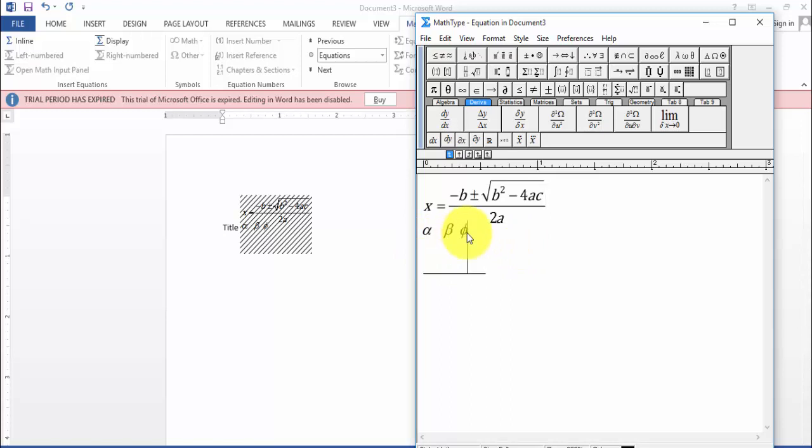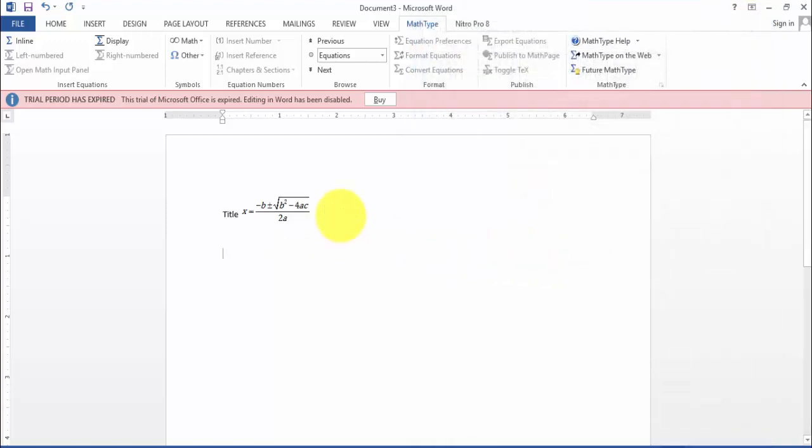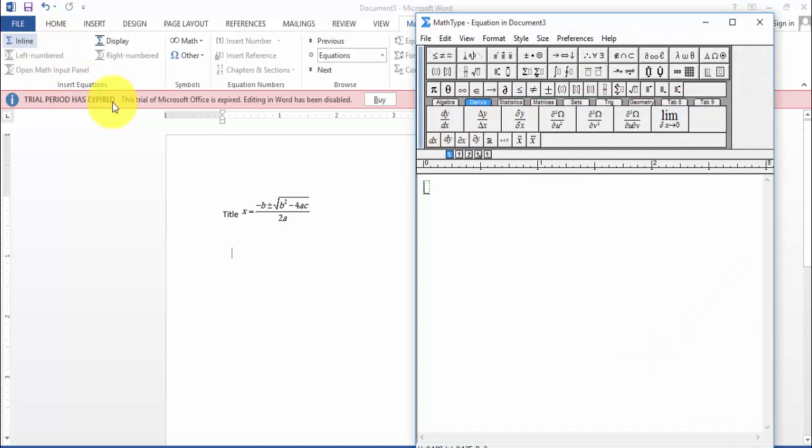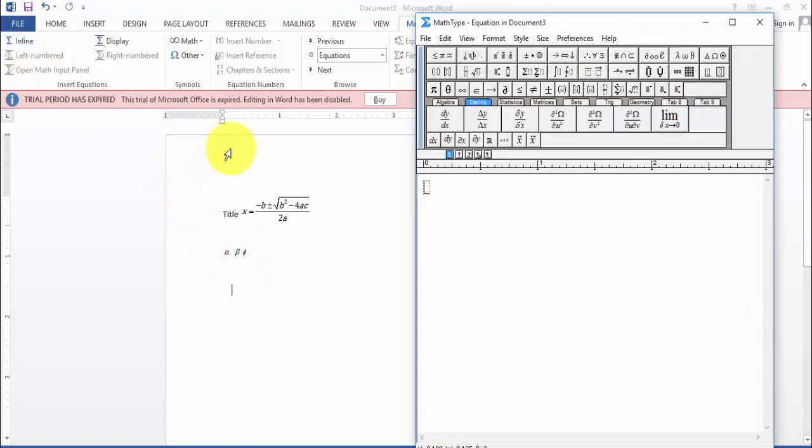For example, if you want to copy this, cut this value, then save. Then equation 2, click on inline, paste that value, save again, and you will get the equation. If you want to type a matrix, just click inline.